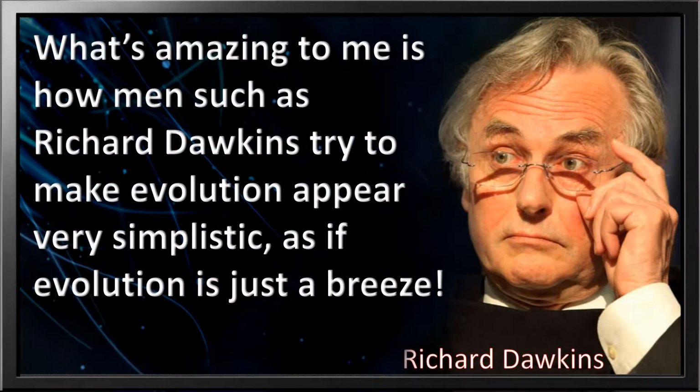What's amazing to me, and this was brought out very well by Behe, I like this, because when you read Richard Dawkins' books, what's the popularity of Richard Dawkins' books? He makes evolution seem easy. Of course it could occur. It's just so easy. He's deceiving us. It's not easy. You think it would be easy for that clotting cascade to have occurred evolutionarily? It'd be impossible. But Darwin and people like Dawkins want to make evolution seem easy so that it can occur. Very simplistic. It's just a breeze. And we know that's just crazy.